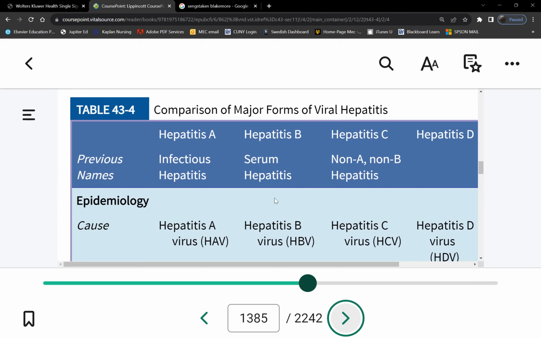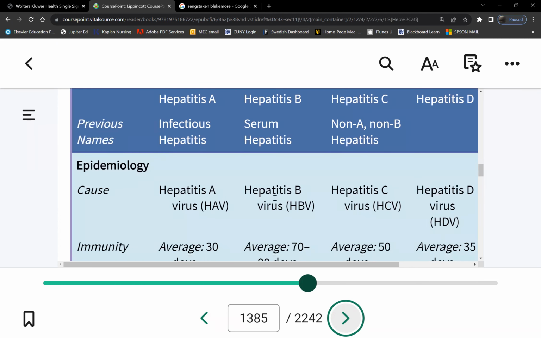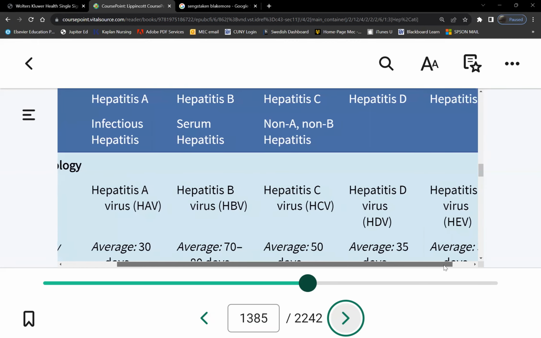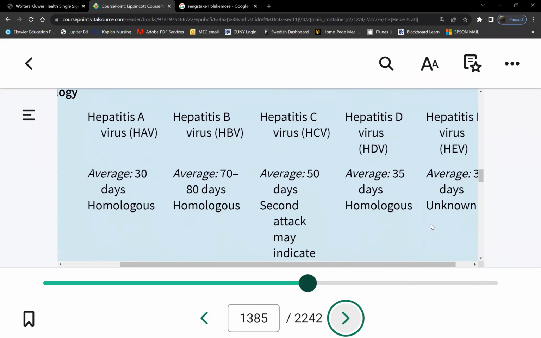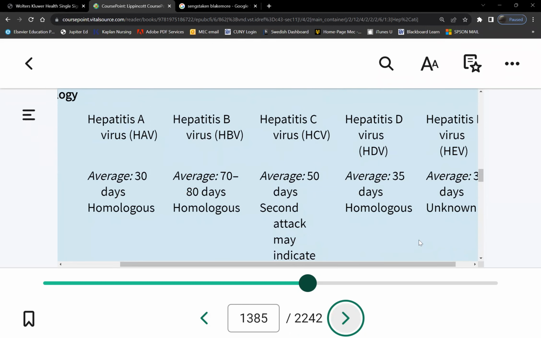Table 43-4, this is a nice, they already made the table for you. So this one tells you how it's spread. So A and E, here A and E are both oral fecal. Table 135. Yeah, you can disregard the,